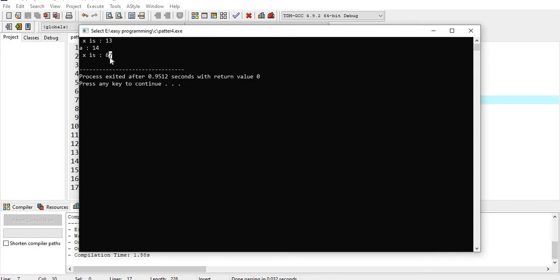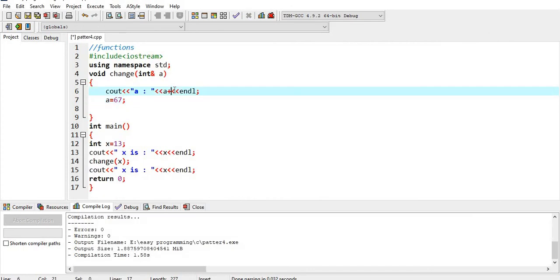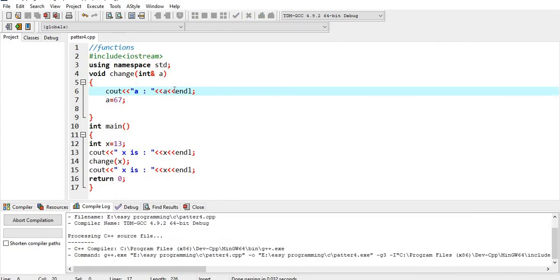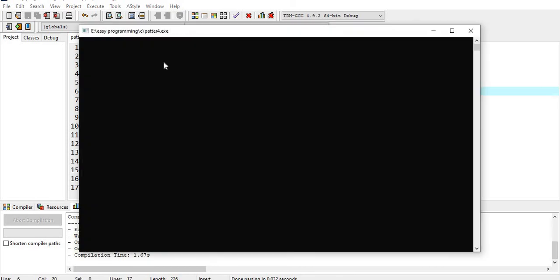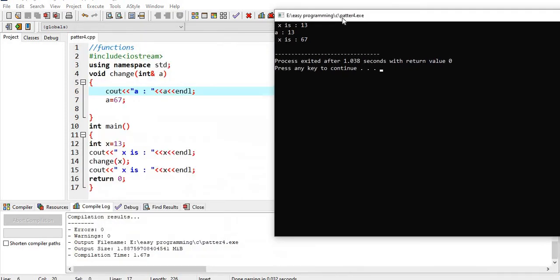X is 67, A is 14 because I have incremented it here. Let's run again. X is 13, yes, x is 13, the function is called, so this statement will be executed. A is 13 because x is passed to the function which is 13.